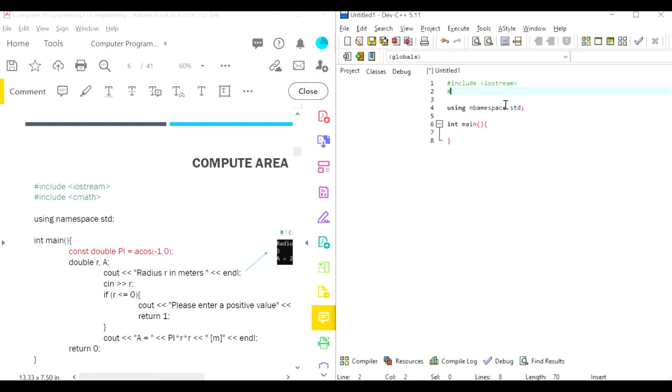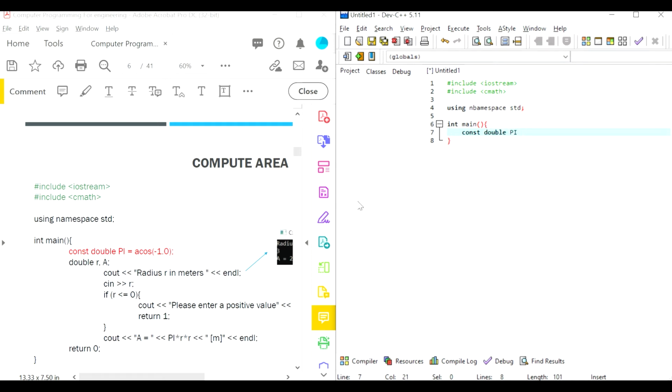So include cmath, because if you only needed to do r squared, you could just do r times r, and that wouldn't need cmath. cmath would be if we called power to do this operation, but we do need cmath if we need the cosine, the trigonometric functions. So we're going to use cmath for that, and we're going to say that a constant called pi, which is a double,